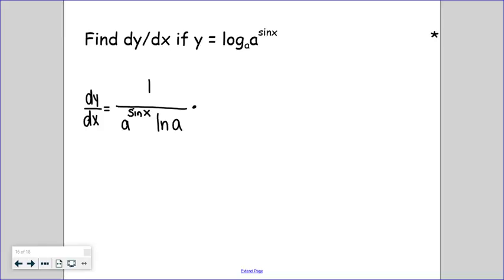Well, the insides are a to the sine x, which is an exponential, right? So the derivative of the inside would be a to the sine x